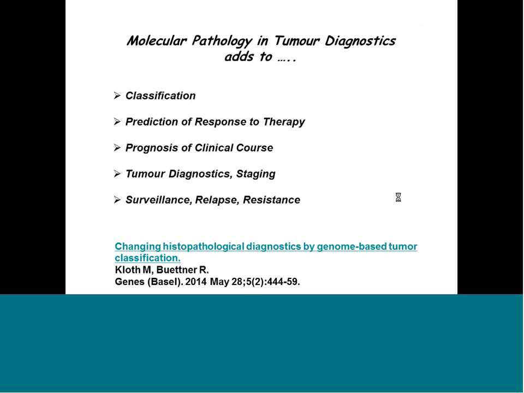No therapy will also be the best therapy. So we have to predict the clinical course of a disease. That is prognosis. Now, what will be the course and what will, during the course, be the best therapy. And finally, even in the good old tumor diagnostic staging, what is the metastasis, what is the primary tumor, genomic information has a lot to tell and is modifying our way of thinking. And also, I will very briefly touch the question of surveillance, how to monitor a tumor disease under treatment, and to predict emergence of resistance and relapse.